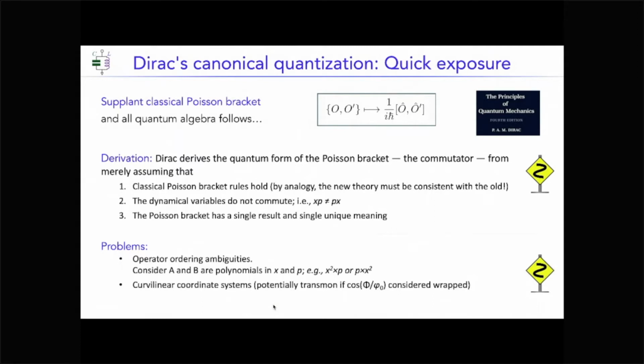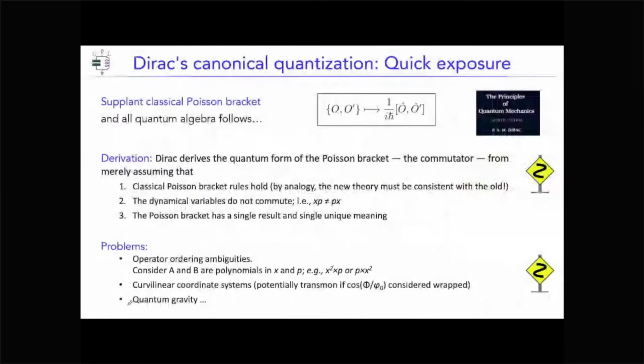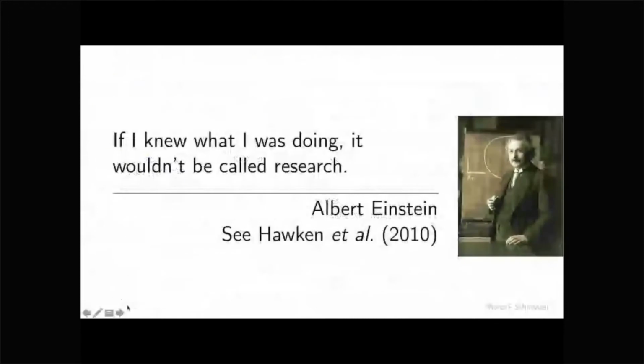And there is no general solution that I know of to this day to handle the general case. You might find that a bit disappointing, but I find it a nice, interesting, open research question, and it ties in very closely with, say, things like quantum gravity, where you have to quantize things in a curvilinear space, right? Not in a Cartesian coordinate system. So having made this link and maybe stated a slightly disappointing conclusion to a procedure that's very nice in general, but actually breaks down in many interesting cases,